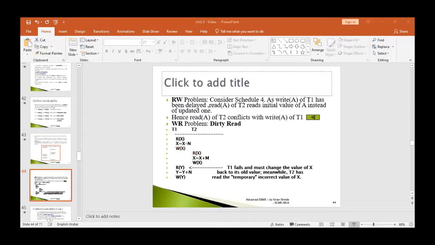Ry, no conflict. Ry, Wx, no conflict. Ry, Wy, yes, there is conflict. So you can see T3 to T2. Is there any edge? Yes, I have already drawn T3 to T2. Correct? Following the same sequence, Ry, Wy, that is T3 to T2. If you see T3, Ry and T2, Wy, Ry to Wy, there is conflict, right? So already there is an edge going from T3 to T2. Continuing with the next instruction, Wy, Wx, no conflict. Wy, Wx, no conflict.